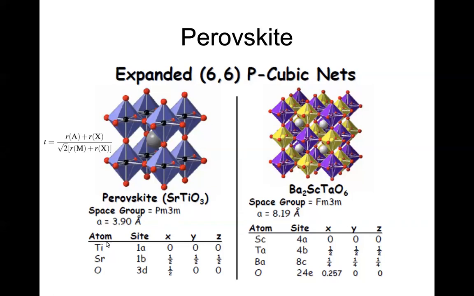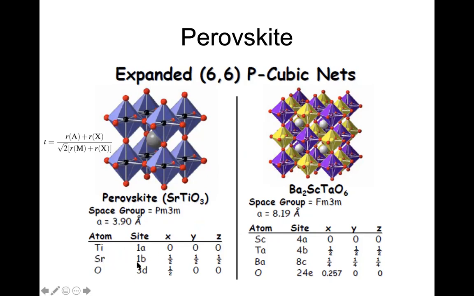So how do we describe it in terms of coordinates? There are various atoms in this case. Unlike the previous case, where we had only one element, now we have strontium, titanium, oxygen. So 3 atoms, and we have to describe the positions. Titanium at 1A, which means 0, 0, 0. That is at the origin, the corners, all titanium. So there are 4 here and 4 here, 8. 8 into 1 by 8 gives you 1 titanium. That's why we write here 1A.